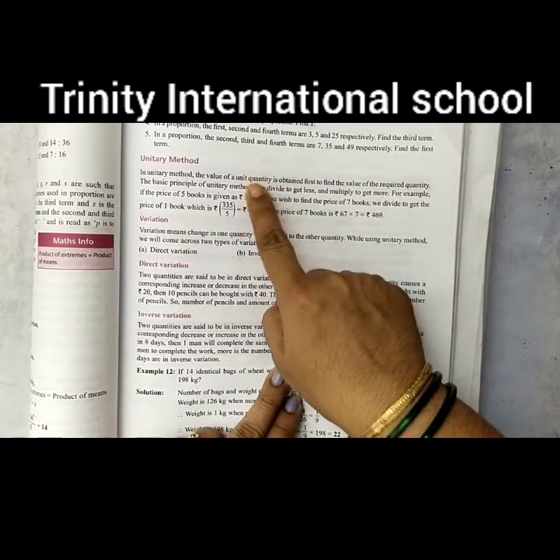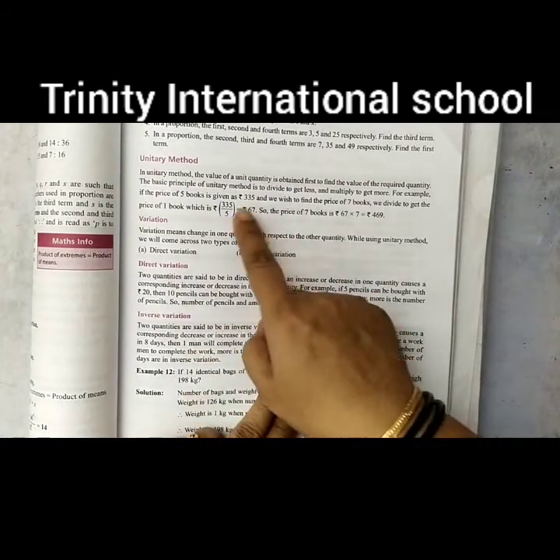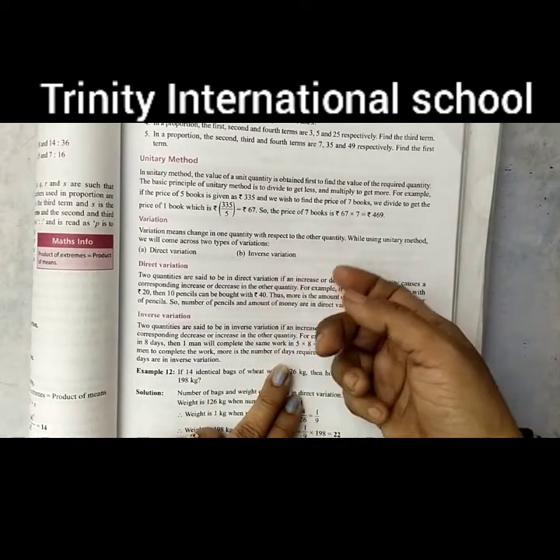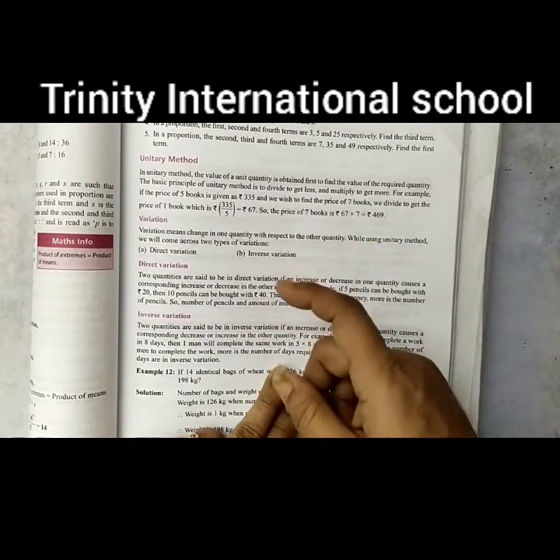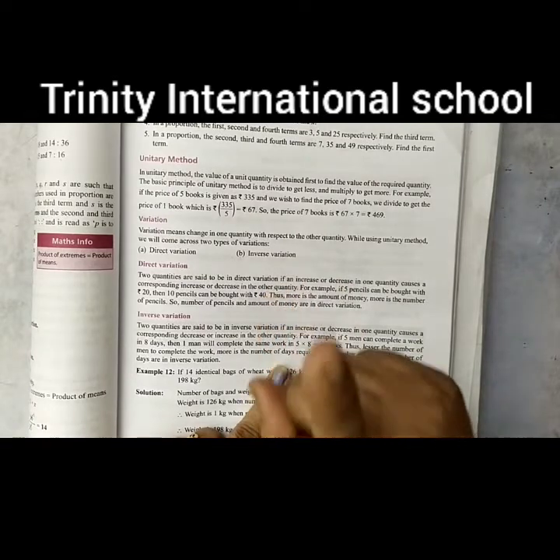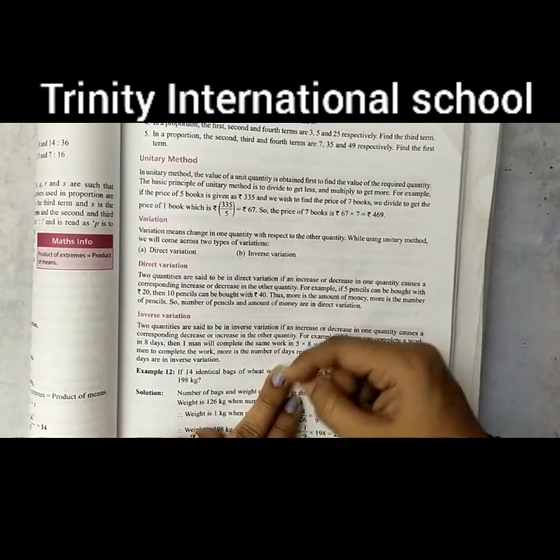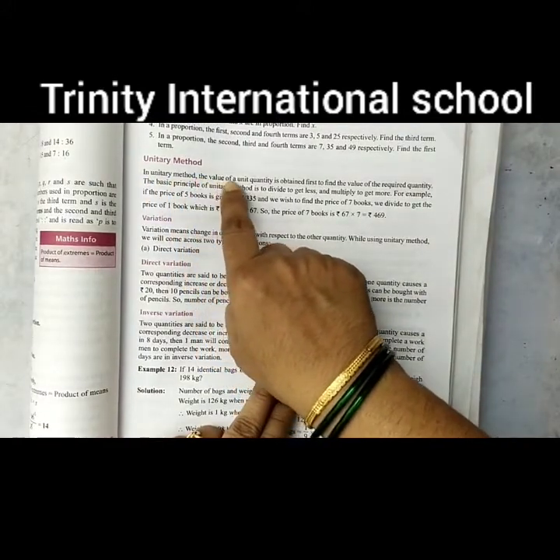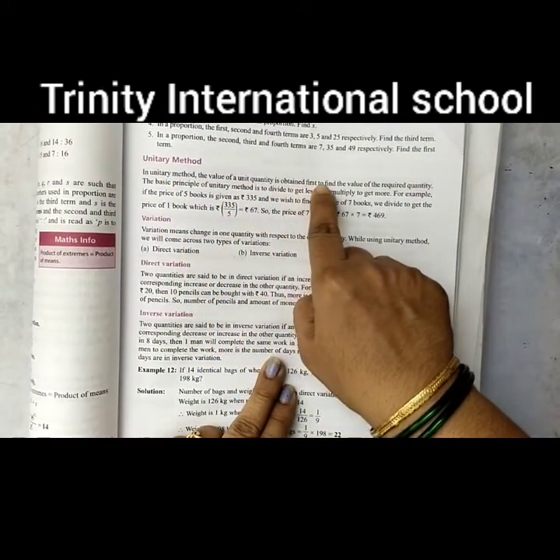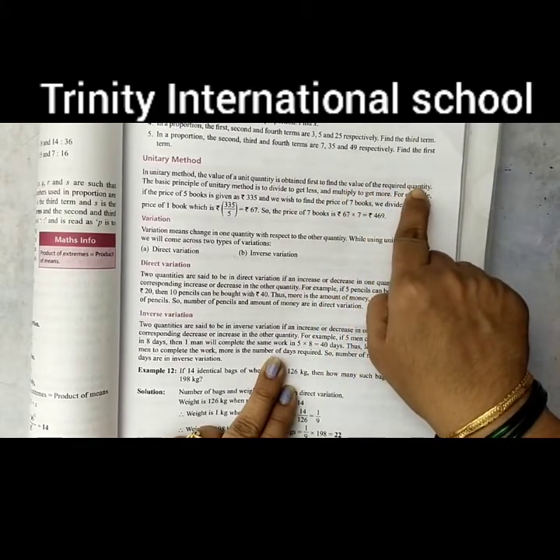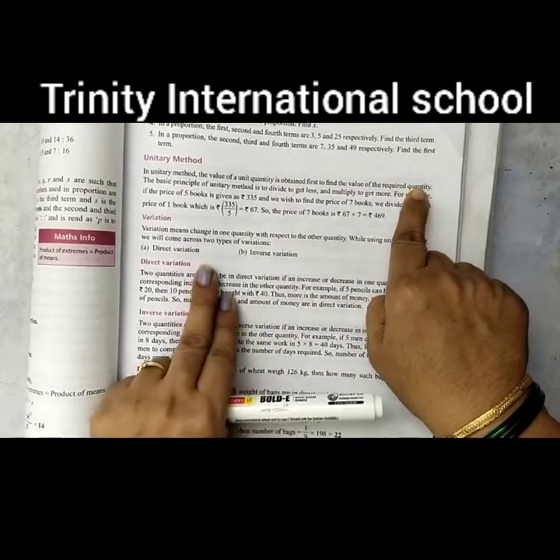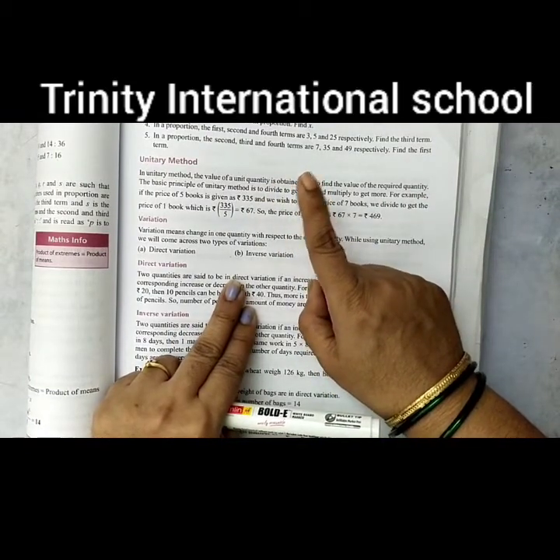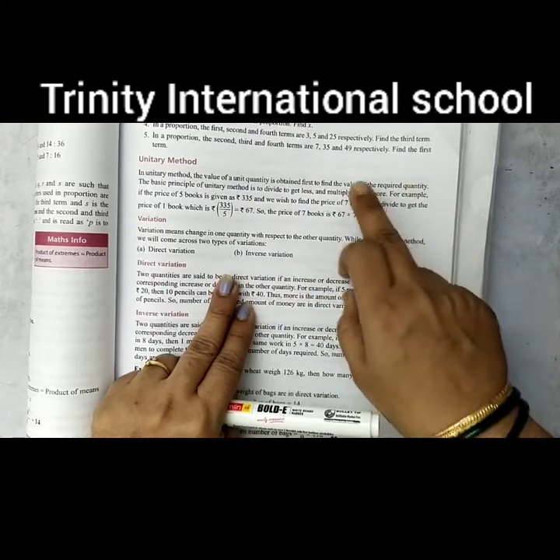ओके, सो एक का वैल्यू आपको सबसे पहले निकालना है। जैसे कि मैंने अभी आपको कहा 15 पेन का कॉस्ट दिया हुआ है और 20 पेन्स का कॉस्ट आपको निकालना है। तो उस समय क्या करना है, आपको सबसे पहले एक पेन का कॉस्ट कितना है वो निकालना ज़रूरी है, ठीक है। सो the unitary method, the value of unit quantity is obtained first to find the value of the required quantity. ओके, सो सबसे पहले एक का कॉस्ट, एक चीज़ का कॉस्ट निकालना पड़ेगा, उसके बाद ही हम उसको रिक्वायर्ड क्वांटिटी